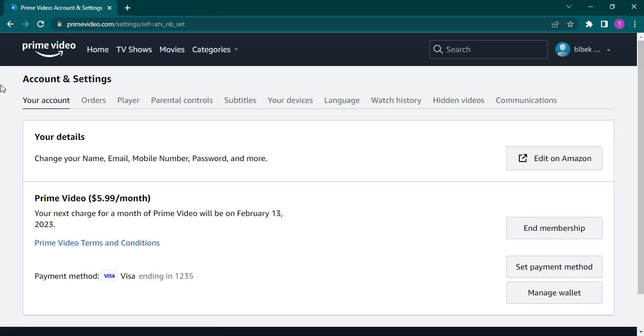From here you'll land on the accounts and settings page. You can see tons of options that you can manage for your account. Under Prime Video, you'll see an option of end membership. If you don't see these options, make sure that you are on the your accounts tab and you'll see this